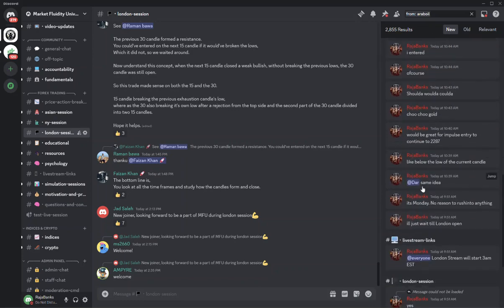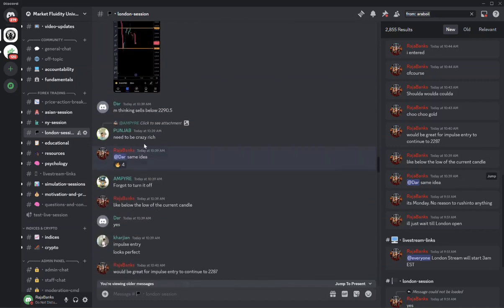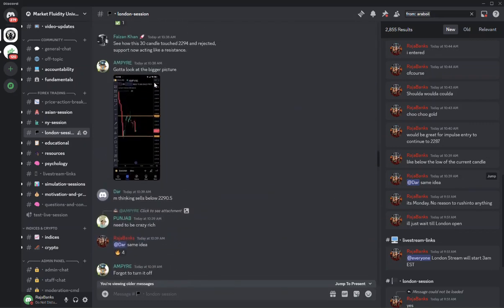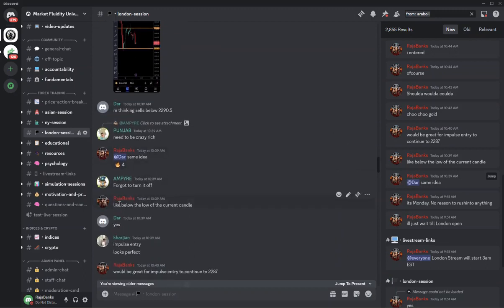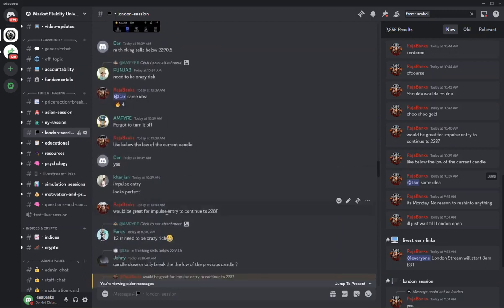Yeah, right over here. Same idea. Dar had the same idea. If we jump over here, you can see Dar had the same idea right over here. I'm thinking sells below 22.950. Same idea. Below the candle of the low would be great if you get an impulse entry to continue